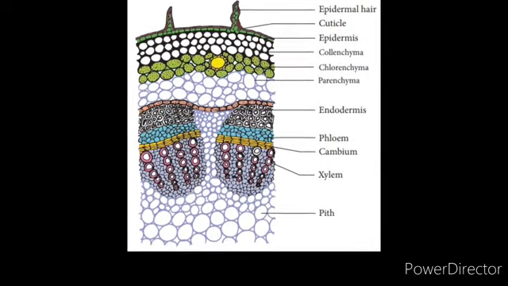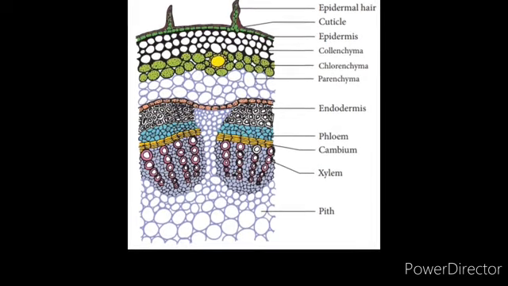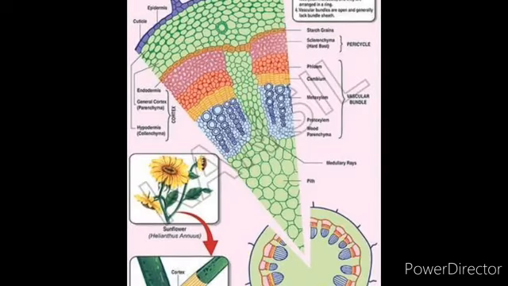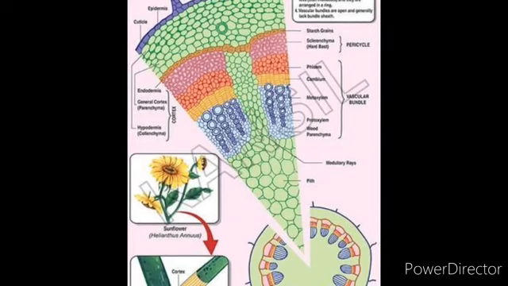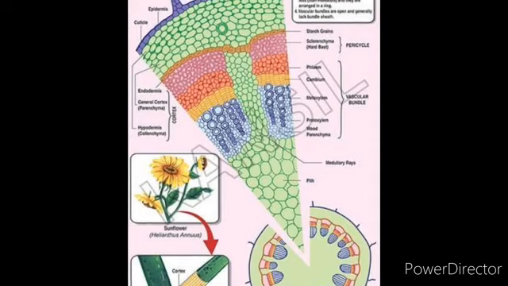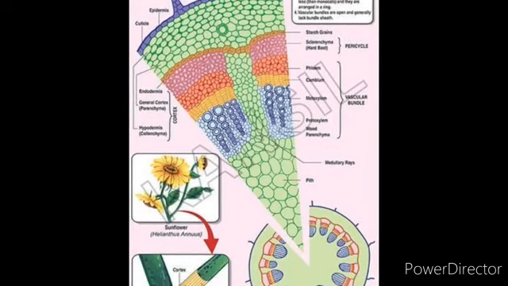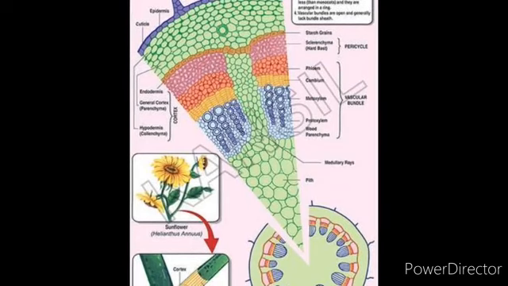After the epidermis and cortex, the next part we are going to see is the stele. It is the central part of the stem. It consists of pericycle, vascular bundles, medulla and medullary rays. The pericycle is present on the inner side of the endodermis. It is present above the phloem in the form of semilunar patches of sclerenchyma. A large number of vascular bundles are arranged in a ring. The ring arrangement of vascular bundles is a characteristic of the dicot stem.